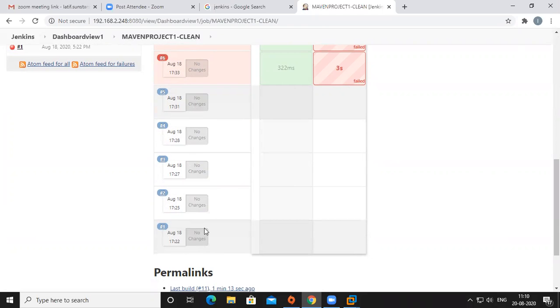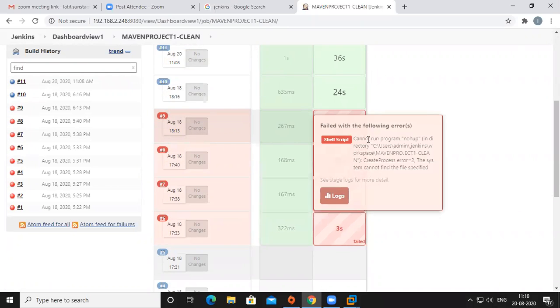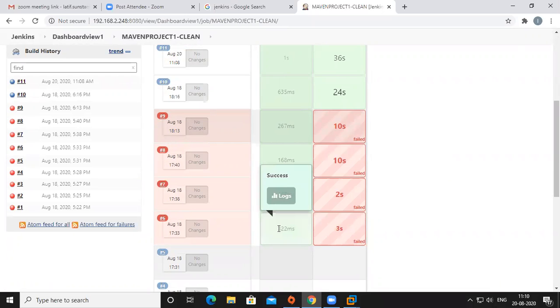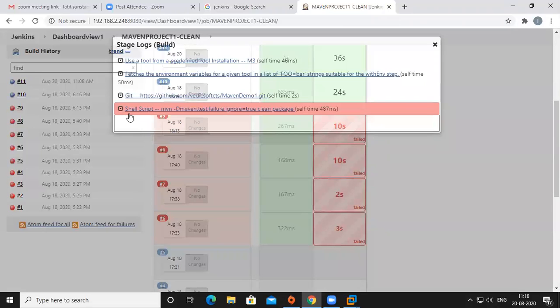Okay, so it keeps on failing. So these red colors are a failure. So you can see log success, log failure. Can you see red color? And it is green color, means some part of the thing is successful, some are not successful because some issue occurred here. So go to log. You can see what this red color is. You can understand why it occurred.